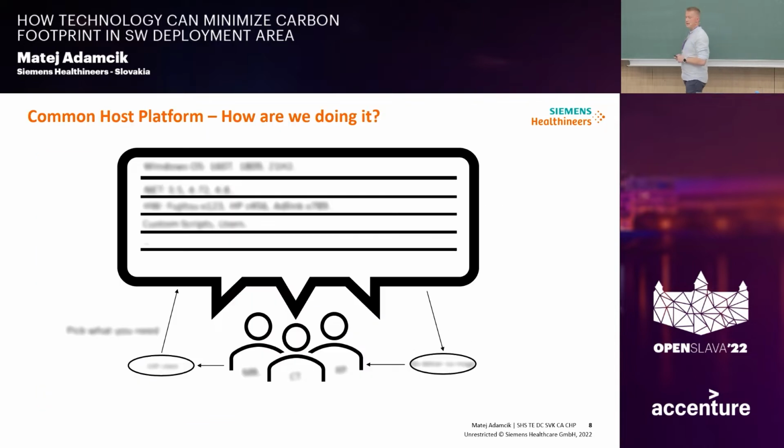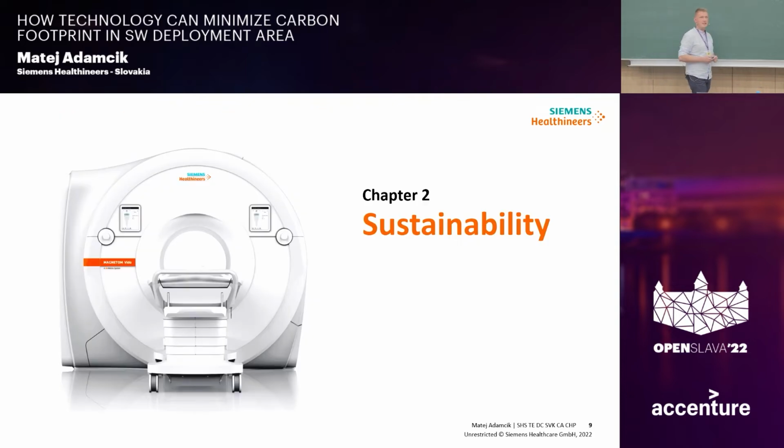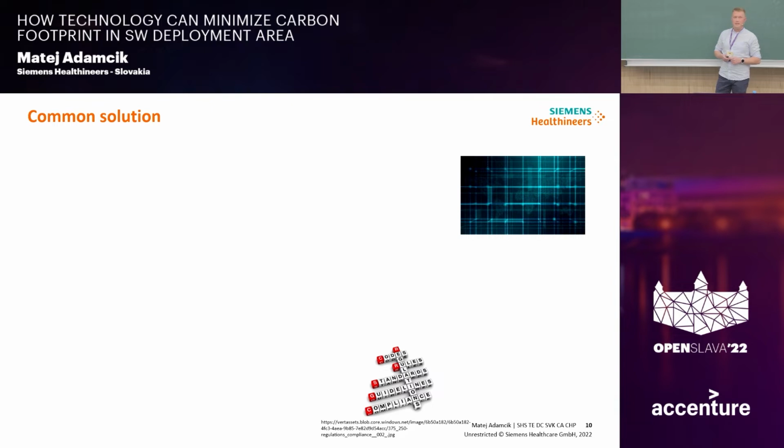Maybe now you're asking how are we doing it? And I will get to this slide a bit later, but let me say a few words about sustainability, and then this slide will make more sense. Why and how is this sustainable or more sustainable? We're trying to be a common solution. So not that these medical device producers do it by themselves, but I'm trying to be a service for